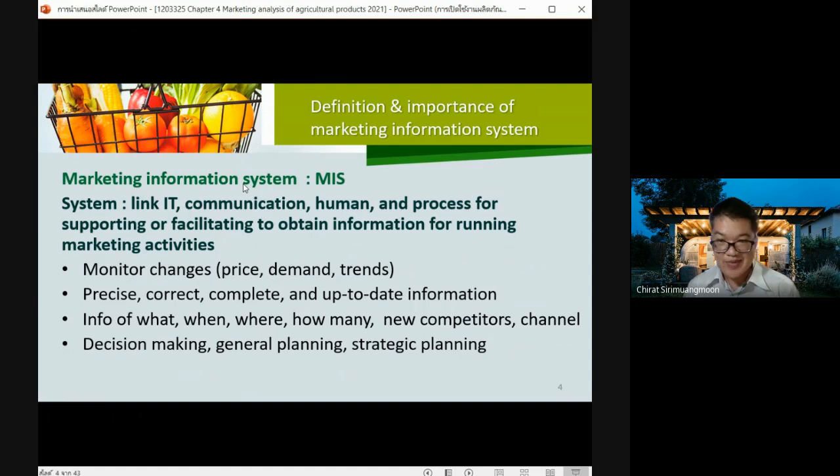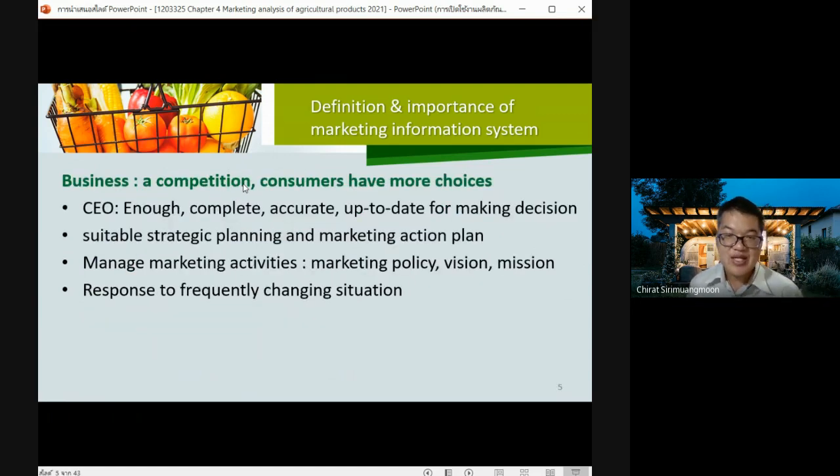If you need to have something special, you obtain some information, then create strategies to target the consumer. So this is about MIS. And not only does MIS provide you some information,